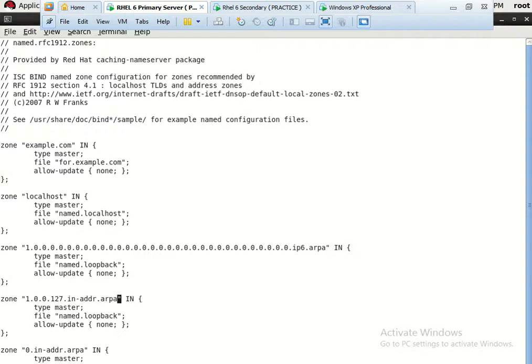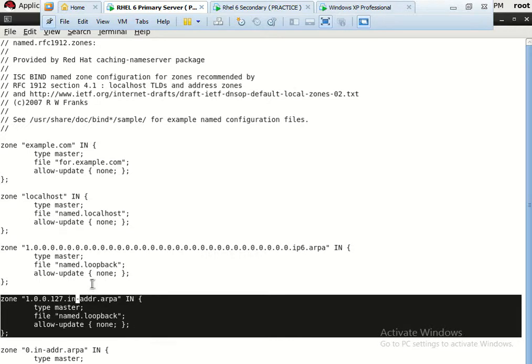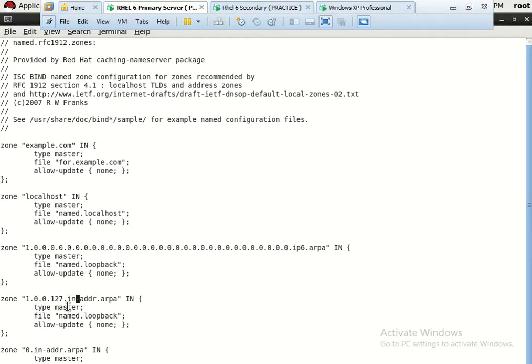Now move to this area. This portion of the file will be responsible for reverse name resolution. So we are putting the address like this, 192.168.61, and we leave out the last octet.